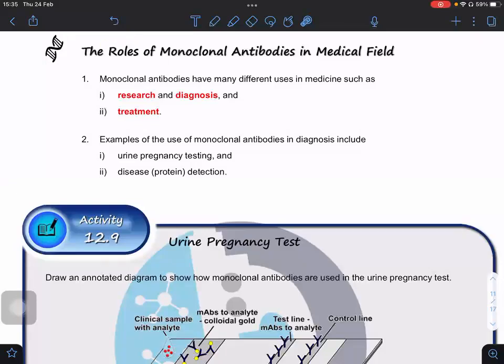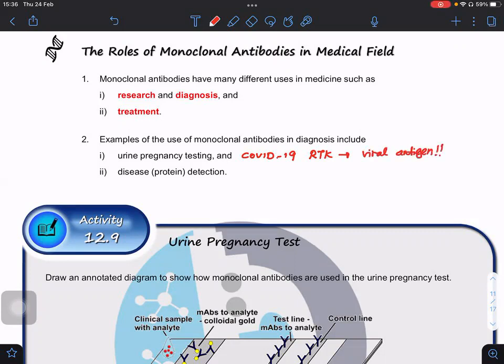Okay, so how do we use monoclonal antibodies in the medical field? Generally in research, in diagnosis, as well as in treatment. In our syllabus, examples of monoclonal antibody use in diagnosis include urine pregnancy testing to test for pregnancy, or nowadays we talk about COVID. How do we test for COVID-19? By using what we call the rapid test kit, RTK. RTK stands for rapid test kits, and it targets, that is, checks for the viral antigen,